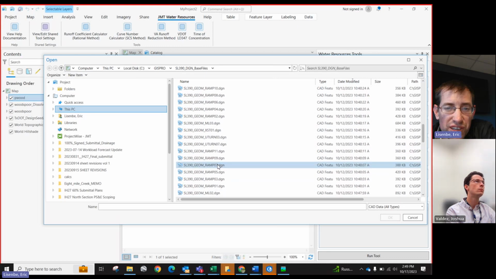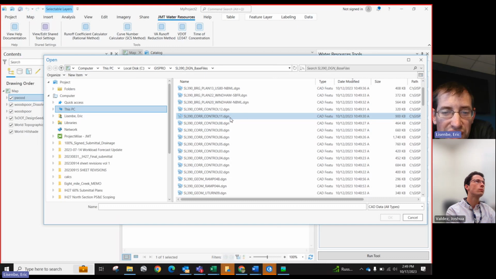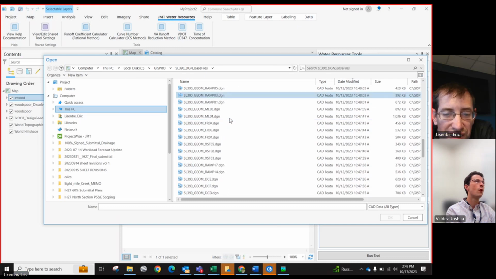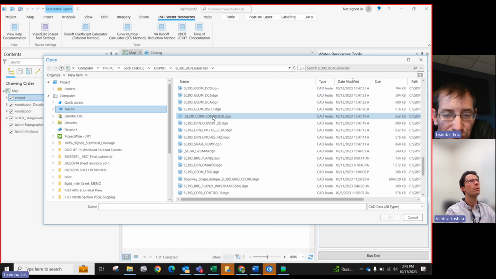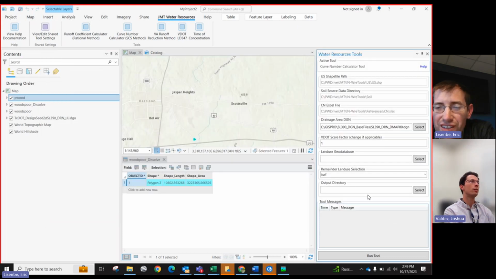Should be somewhere in here. It downloads everything if you got them all referenced. Oh man. Hopefully y'all won't do that, but it's that one. That's what I'm looking for. The drainage area, yeah. And then you give it, because the drainage area map is in